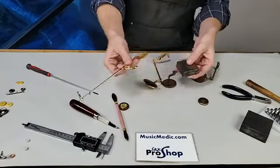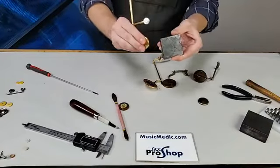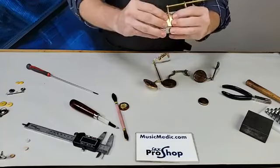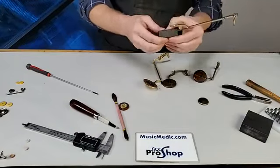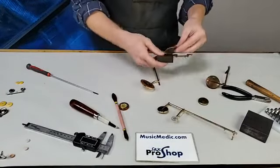So the way I do that is with the bench block, something that's nice and flat. Scrape off the edge, get all the old glue and old shellac, and then you just see if you can wiggle it back and forth. This is actually pretty good. We don't really need to do too much leveling. But if you do need to do some leveling,